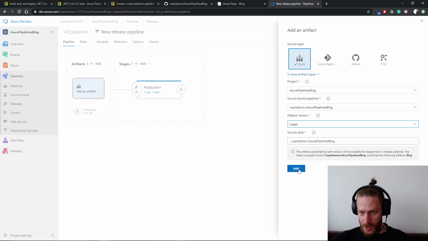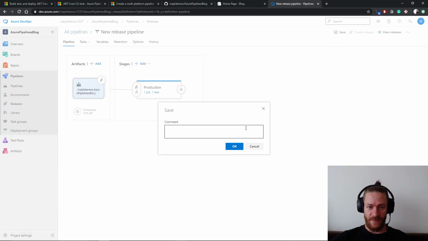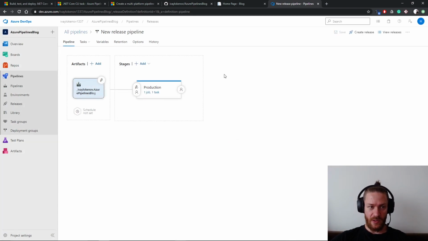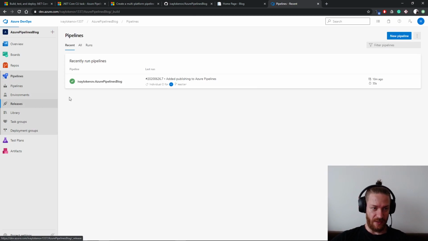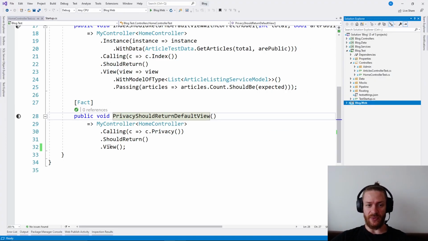Okay, latest version, which means every single trigger after a push to GitHub should be released if everything is running fine. So let's hit add, let's hit save, and I guess that should be it. So if I trigger a new commit, it should be released. Let's try to